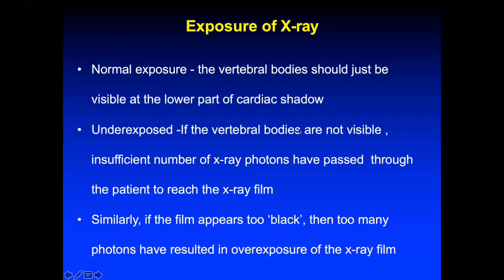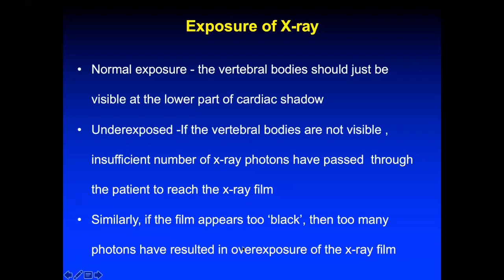So if it is underexposed, the vertebral bodies are not visible. An insufficient number of X-ray photons pass through the patient to reach the film, and there is too much white. The X-ray appears very whitish. That is underexposed. If the X-ray film appears too black, too dark, then there are too many photons, which is overexposure